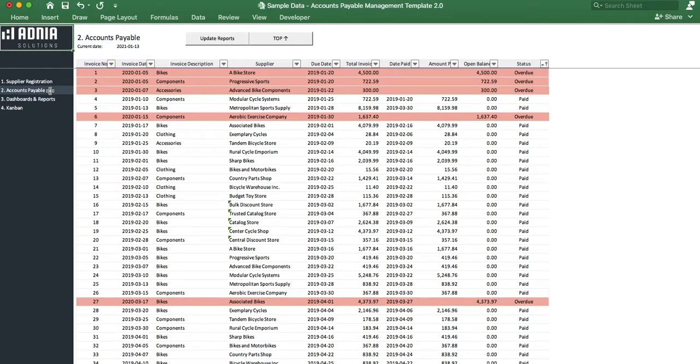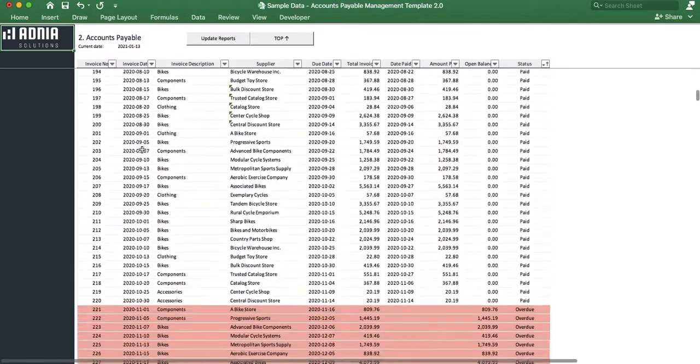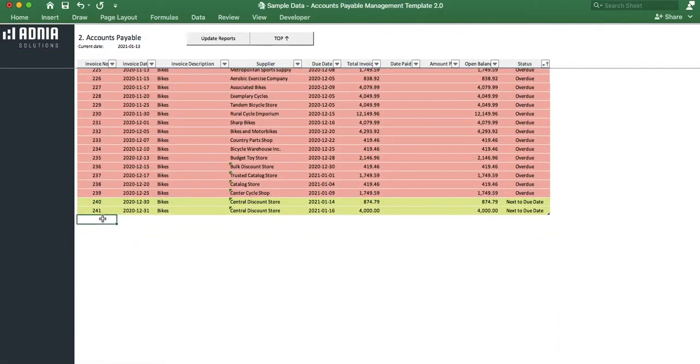As you can see, this is where we list all invoices due to our suppliers previously listed. Let's add a new record together. We'll first input an invoice number, say 242, a date, indicate the order was for bikes, pull our newly created supplier from the list,